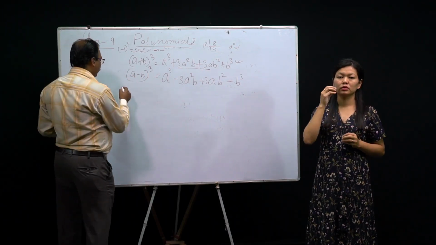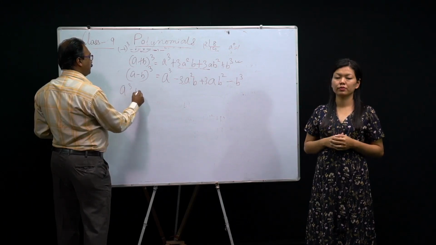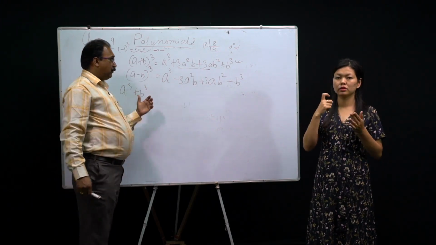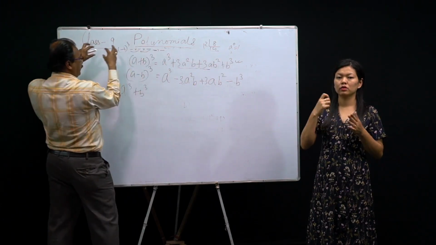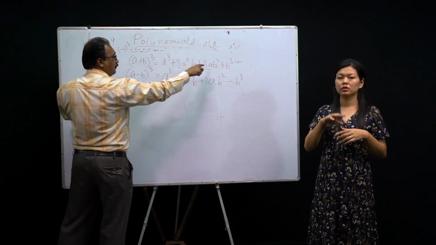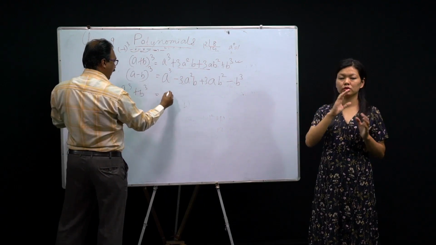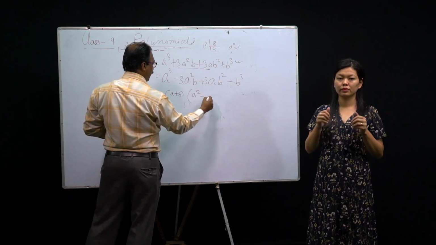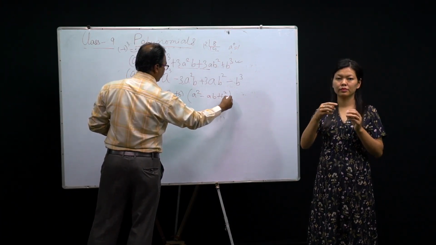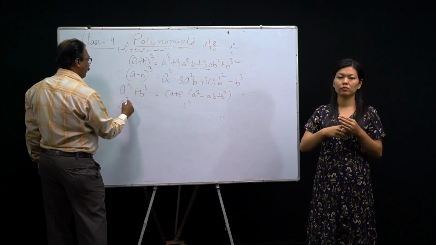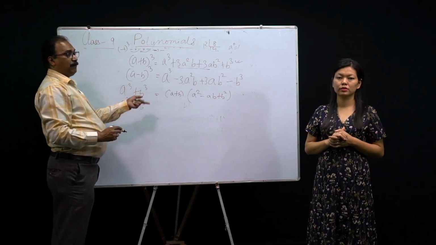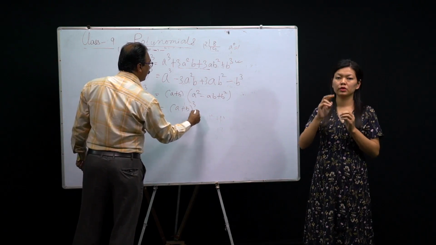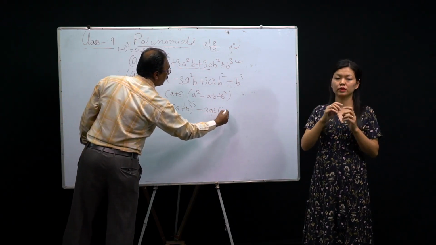The other formula I'll give you here is a cube plus b cube. This is actually the factorized formula. From here you can make it. You just keep a cube plus b cube, bring these to that side and take 3ab common. So this side is a plus b. If you take a plus b common again, the remaining part will be a square minus ab plus b square. This is the factorization. The same formula we can apply to find the value: a plus b whole cube minus 3ab into (a plus b).